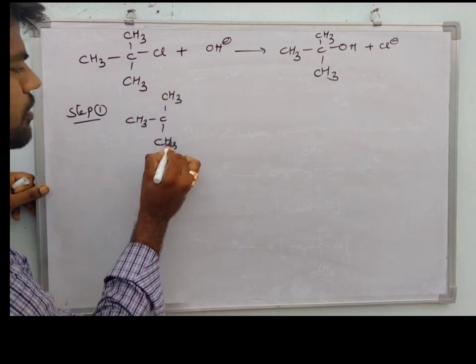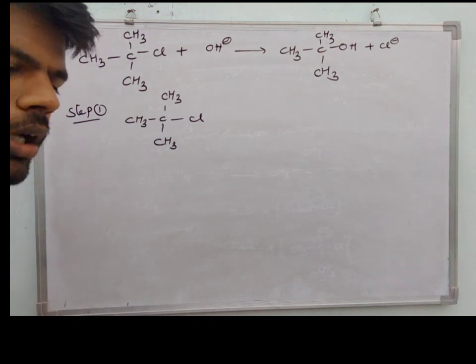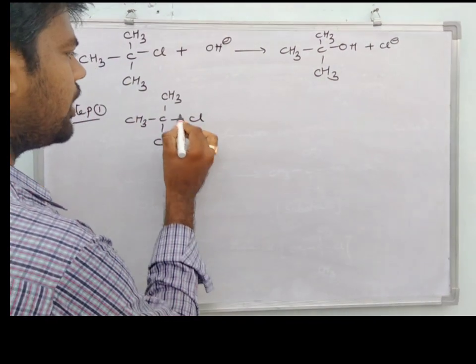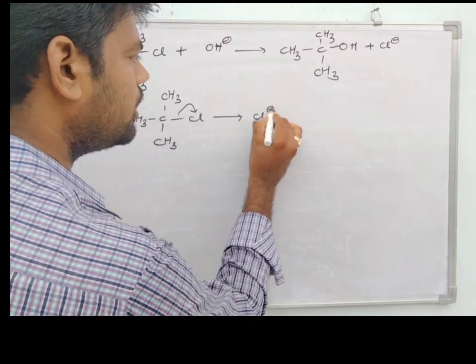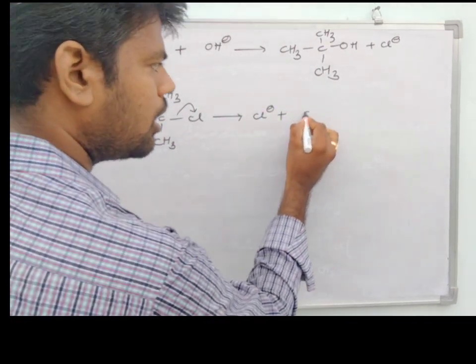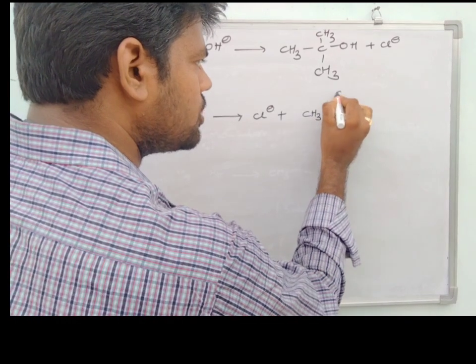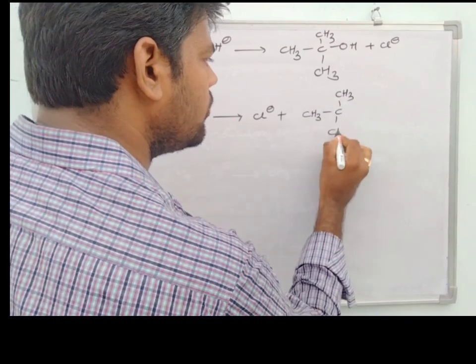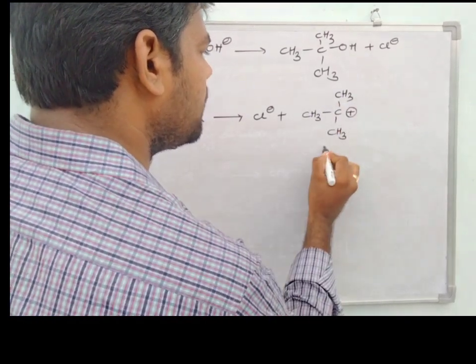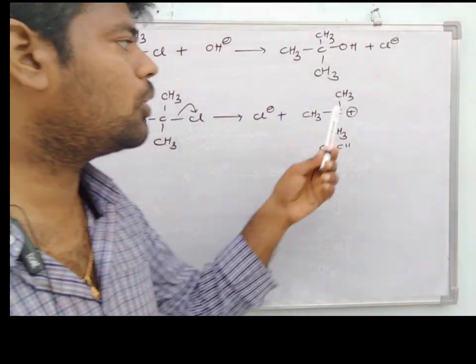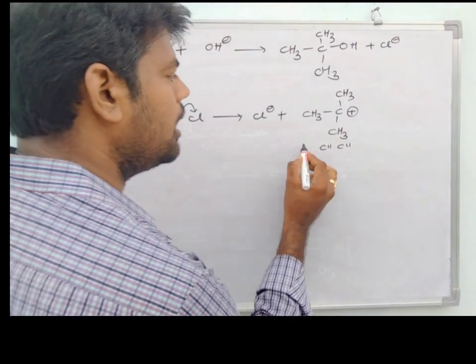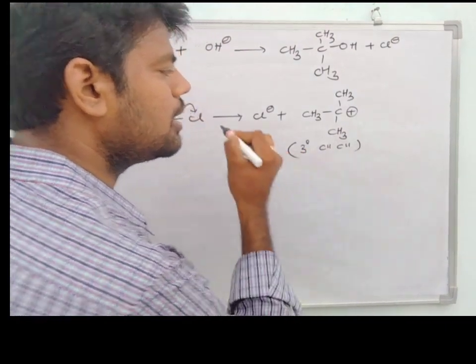In this particular substrate, comparing carbon and chlorine, chlorine is a highly electronegative atom. Therefore, the chlorine will move outside as Cl minus. Then automatically the carbon will attain a positive charge. If the carbon has a positive charge, friends, it is said to be a carbocation. This carbocation is connected to three carbons, due to that reason it is said to be a